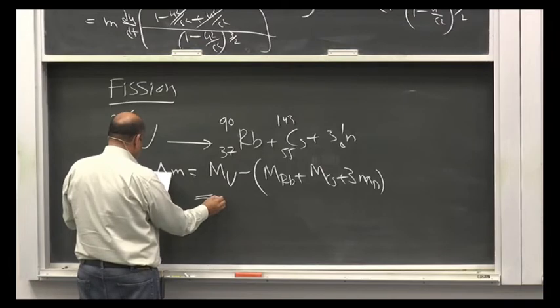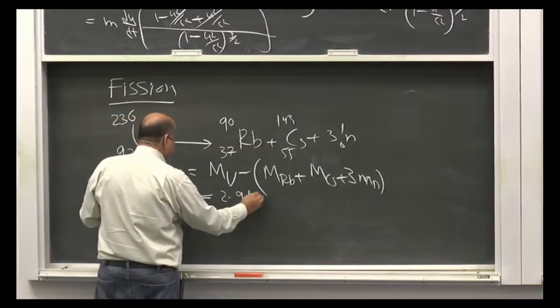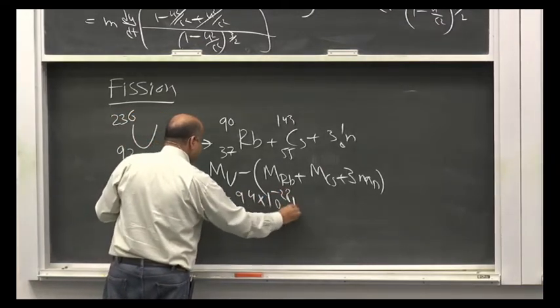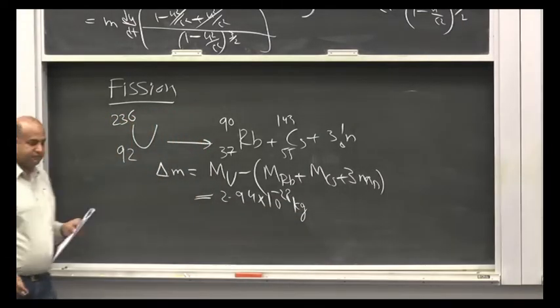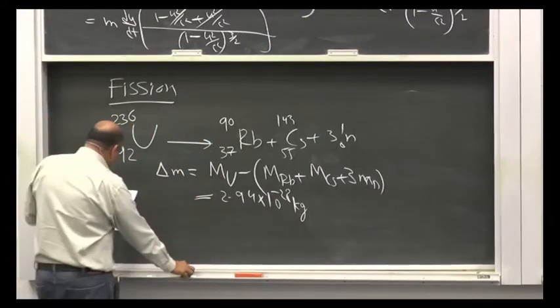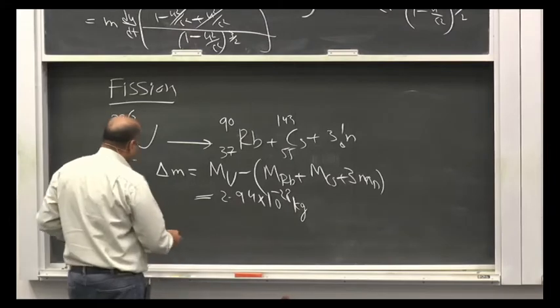It's 2.94 into 10 power minus 28 kilogram, which translates into an energy of,